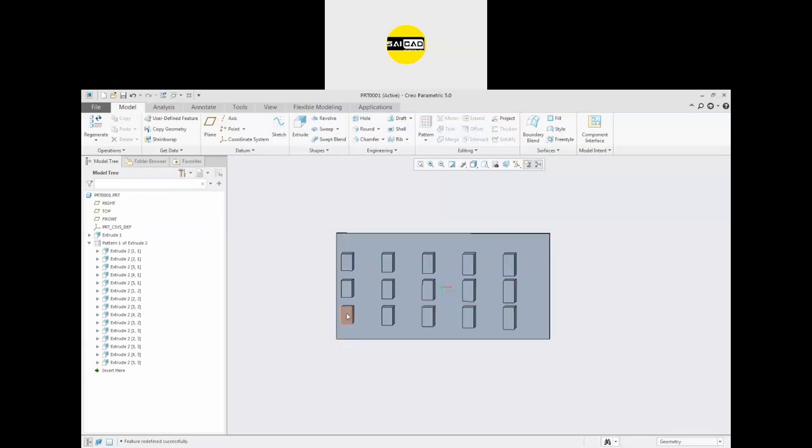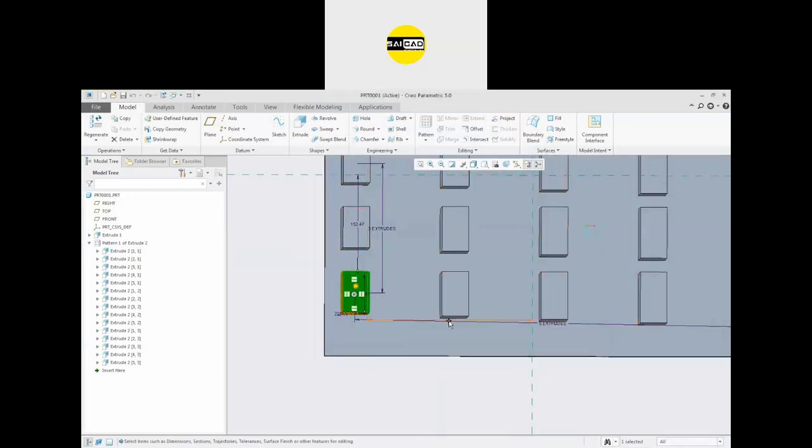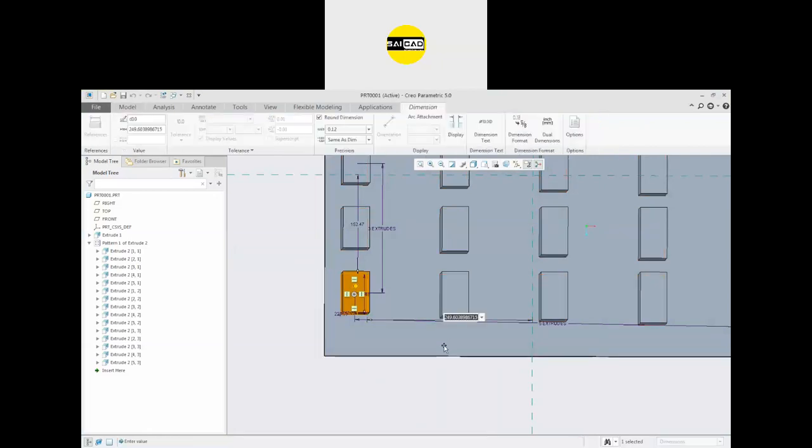Okay. First, I'm going to edit some dimensions. I'm going to specify one proper dimension. So this is 249, 560, this is 63, 60. Specify some proper values like that.